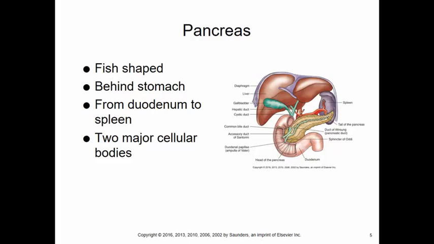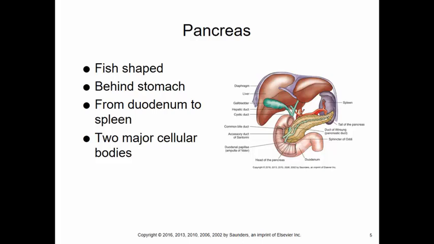So the exocrine aspect of the pancreas consists of cells that secrete enzymes, and those enzymes are needed for digestion of carbohydrates, fats, proteins. These enzymes are trypsin, chymotrypsin, amylase, and lipase. And as you will hear later, amylase and lipase are some labs that we will review if the pancreas is